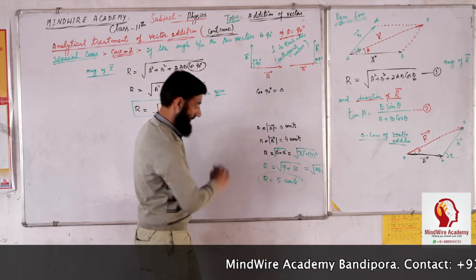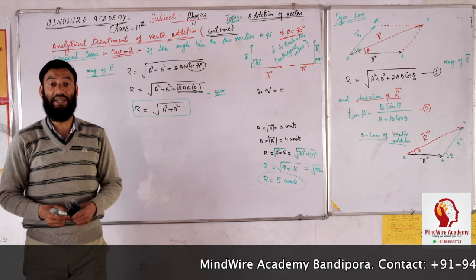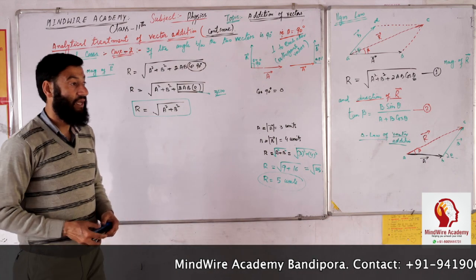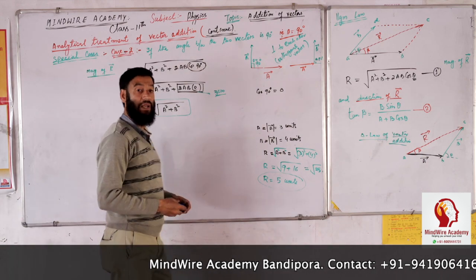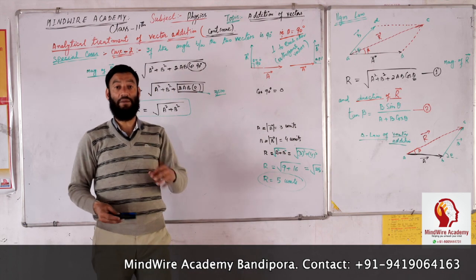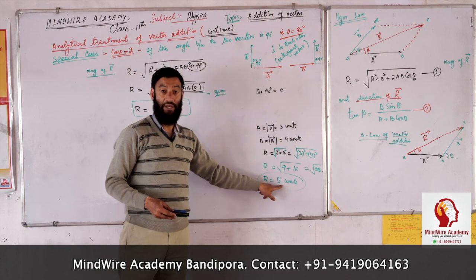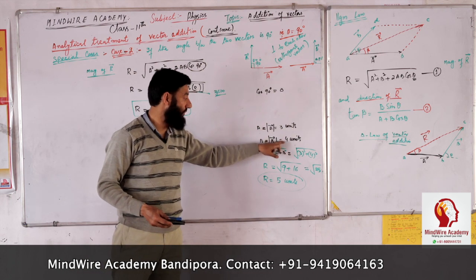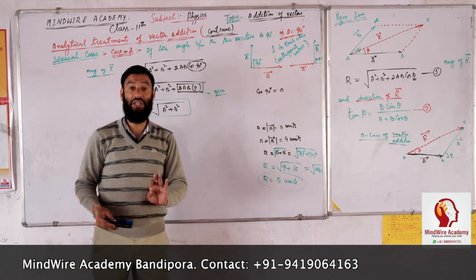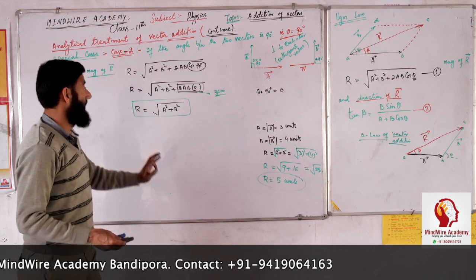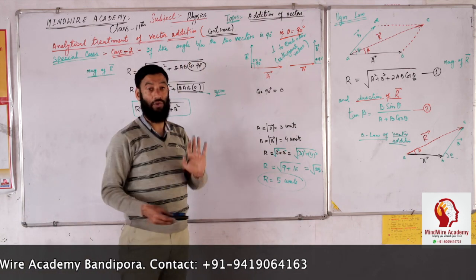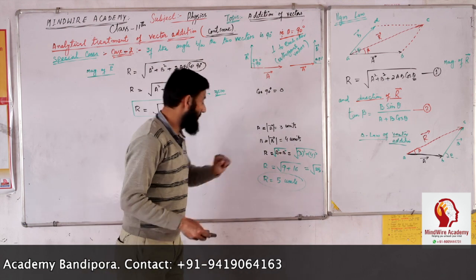So, here is how we can say that our vector algebra or vector addition is different from that of the simple algebraic addition, because in case of simple algebraic addition we can never have the sum of 4 and 3 equal to 5, but here we have the addition of 3 units and 4 units equal to 5, but the condition is the two vectors should be perpendicular to each other. So, this is the magnitude.